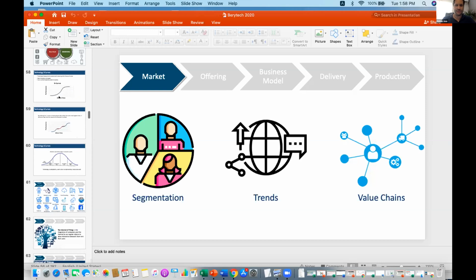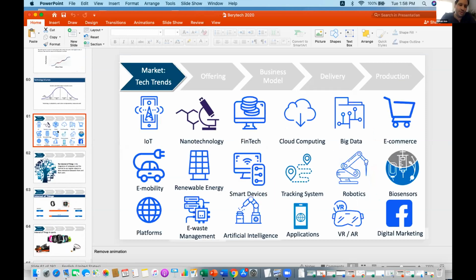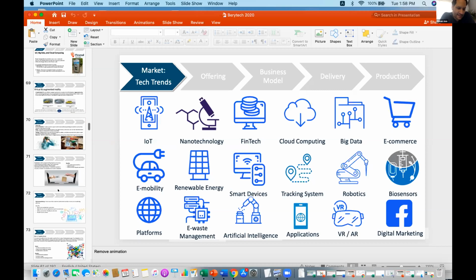So we talked about the S curves, and we talked about the different technology trends. And what you did was take each and every one of these tech trends into consideration, and you outlined how, if at all, you've taken some of these technology trends into account for your project, and you documented that. Okay, now what I want to do right now is go straight into the